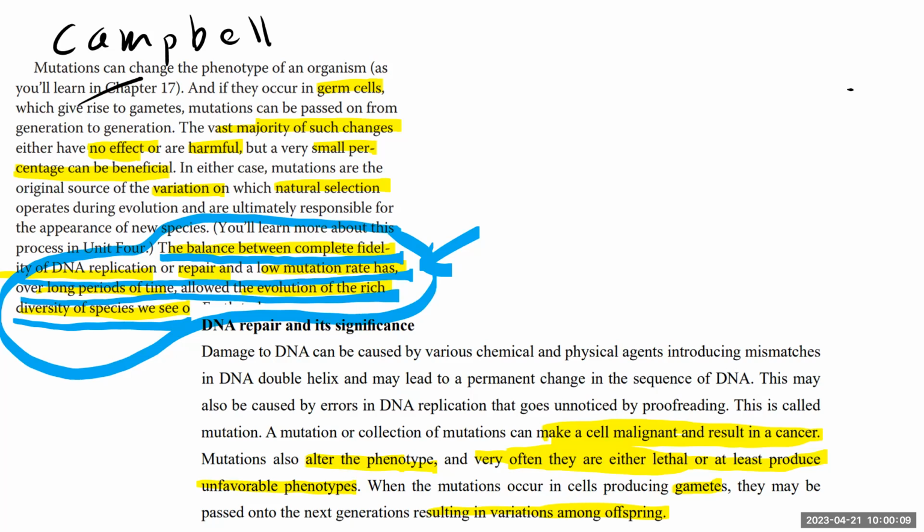So on one hand, we can argue that mutations happen randomly. When random mutation occurs, a bad thing could happen, but a bad thing does not affect the whole population. But a good thing that comes with the variation is beneficial to the whole population. So that's why mutation is